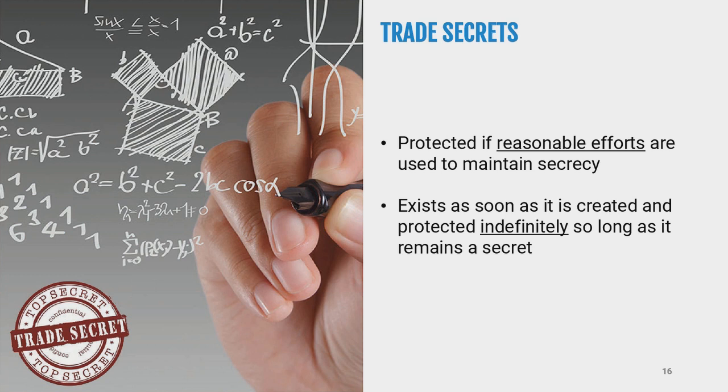The more valuable your secret is, the more effort you are actually expected to put into keeping it from leaking out. For a patent, like we discussed, you're relying on the government to protect you in exchange for your disclosure of the invention to the public. For a trade secret, you're saying, nah, I don't trust the government. I'm going to choose to rely on me. And if there's a breach, for example, a disgruntled employee who knows of this secret or an accidental public release, the amount of reasonable effort that you put into keeping this a secret will come to the forefront when you're trying to seek damages on your losses.